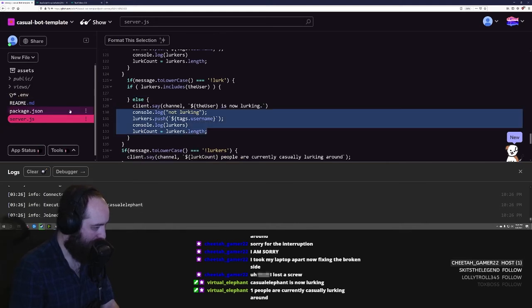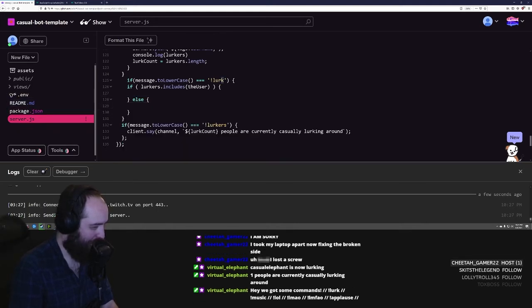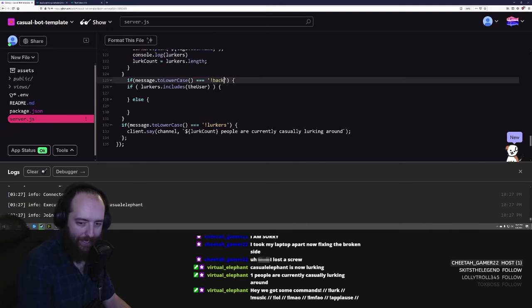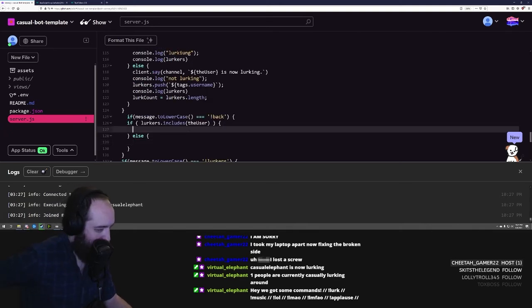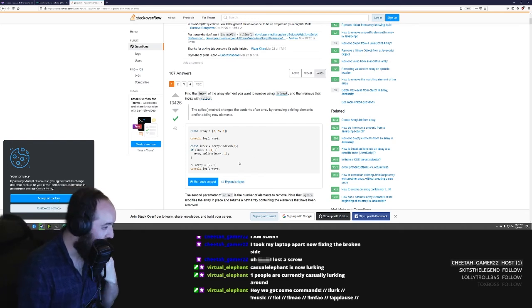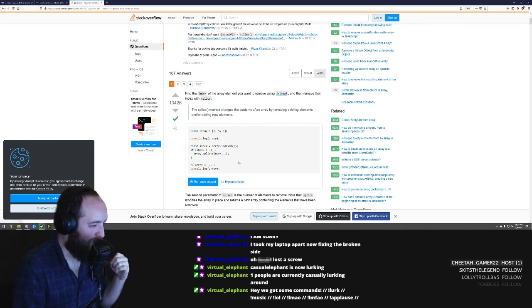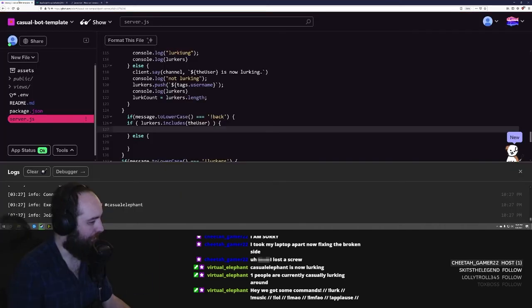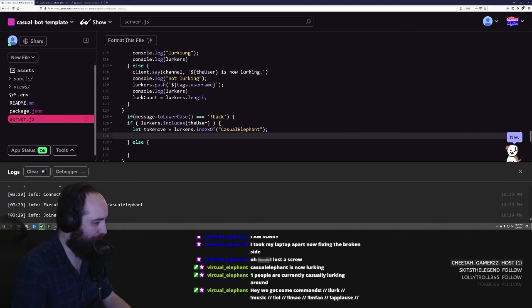here, and instead we're gonna do it with back. So then we need to remove casual elephant in my case. We need to remove whoever is lurking from the lurk list. So we're gonna just go Google search again. Splice. Okay. Find the index of the array element you want to remove using indexOf. Jesus. Okay, so this is a little bit complicated. So in that case, we're using indexOf, so lurkers.indexOf casual elephant. And then we'll do